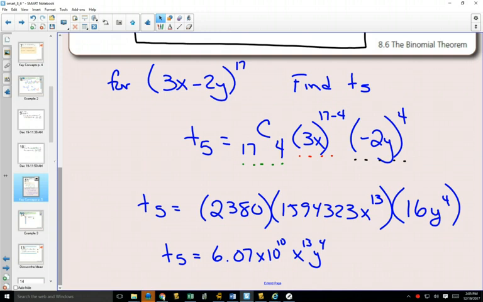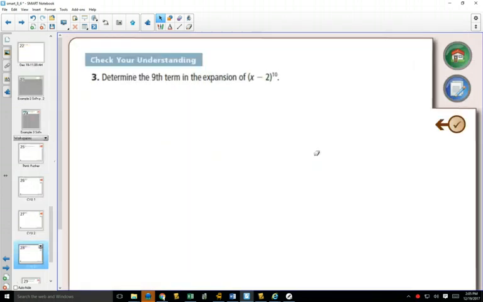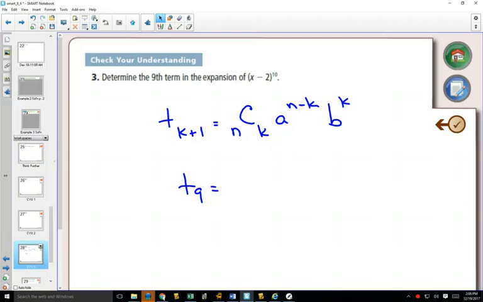So if we go to example 3 now, the numbers aren't quite as big, but it says find the 9th term in the expansion here. So on your formula sheet, you have this formula. You want to find term 9. What do I put in for n? n is always your exponent, so that'll be 10. What am I going to put in for k? 8, because it's k plus 1, and since I'm finding 9, k would have to be 8. A, that's just your first term, which is x, 10 minus 8. And b, anytime there's a negative, that goes with the b value